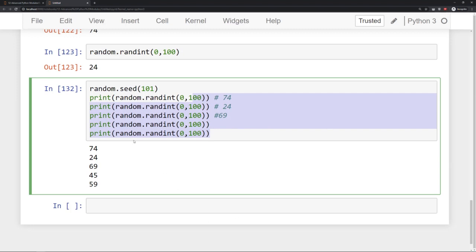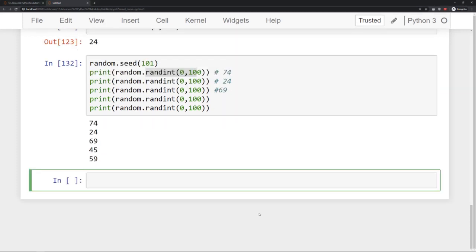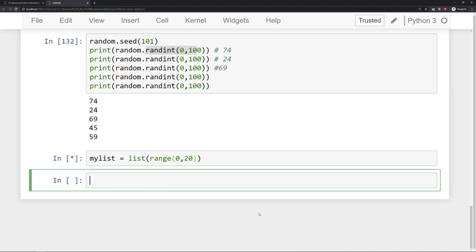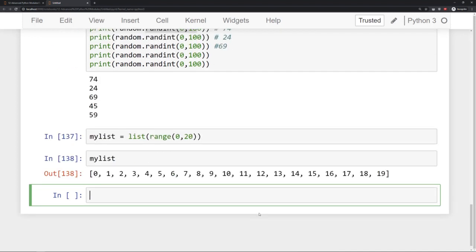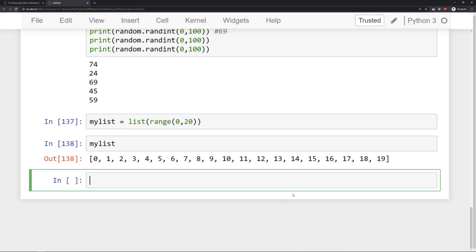Okay, so we already know that we can grab random integers using the randint function. There's a couple of other functions I want to show you with the random library. The first one I want to show you is taking just a random item from a list. So I can say my list is equal to list range 0 to 20. So now I have a list of a bunch of integers, 0 up to 19. And let's imagine I wanted to grab just a random item from this. I could say